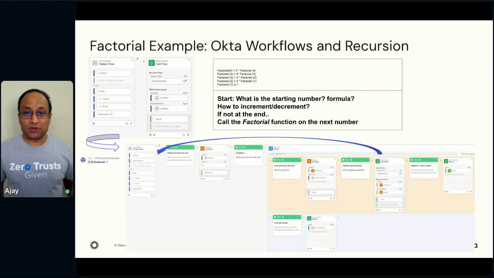When we map that to Okta Workflows, here are the basic principles. You have a start flow, which says, I'm going to start here by calling this helper flow called Factorial. And I pass these numbers, the number and a factorial so far. So in that initial case, we trigger this helper flow,